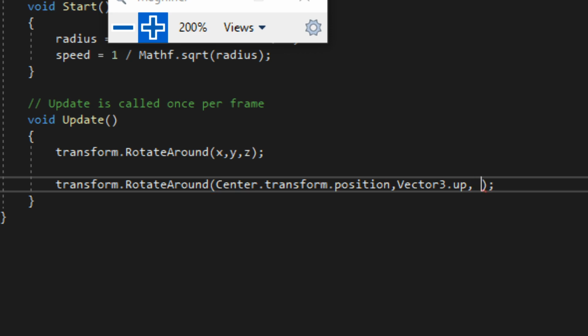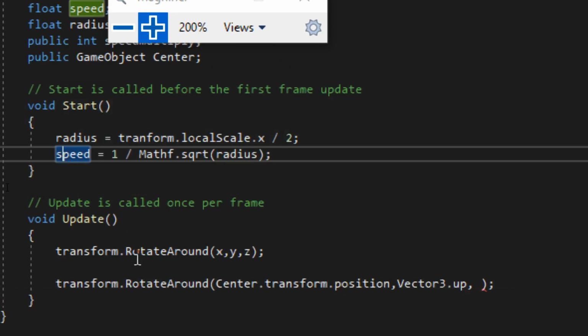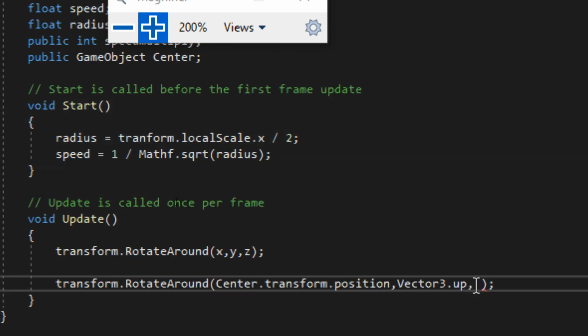Then we need to actually move it at a specific speed. We have already declared speed, so we call that speed. Speed multiplied by, we have to increase the speed of it, and multiplied by